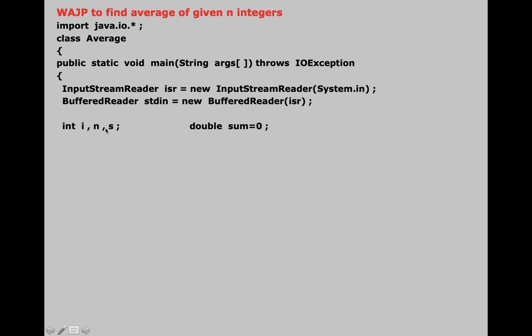I think I have declared this S without any reason. I think it is not required, okay. So you may not copy this comma S, alright. Anyway, let's move ahead. Now over here there is this variable sum and this variable sum is initialized to 0.